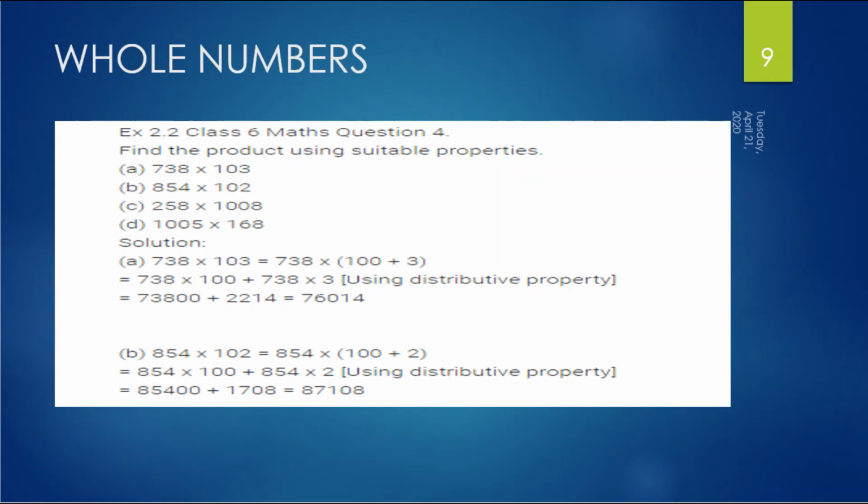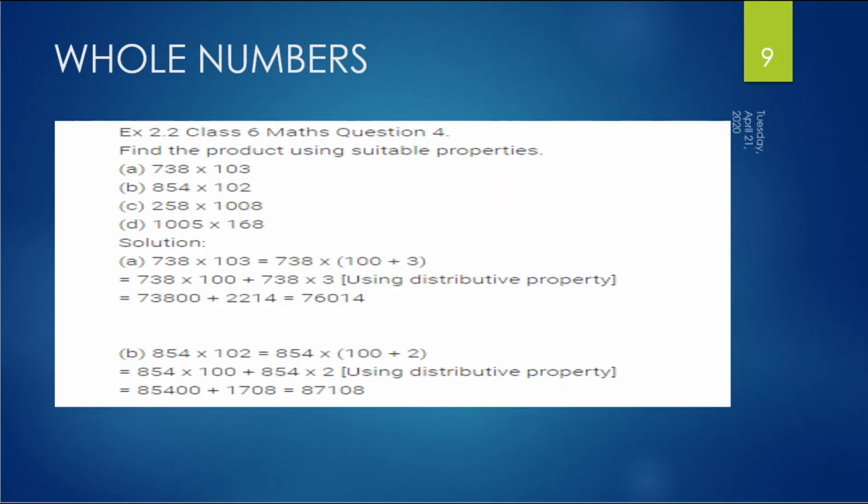Comes question number 4. Find the product with the suitable properties. Suitable properties which we have discussed in the beginning of the chapter. In this part, 738 into 103, we will split up the value 103 as 100 plus 3. So that 738 is to be first multiplied with 100, and 738 is to be multiplied with 3 also, using the distributive property. So it will become